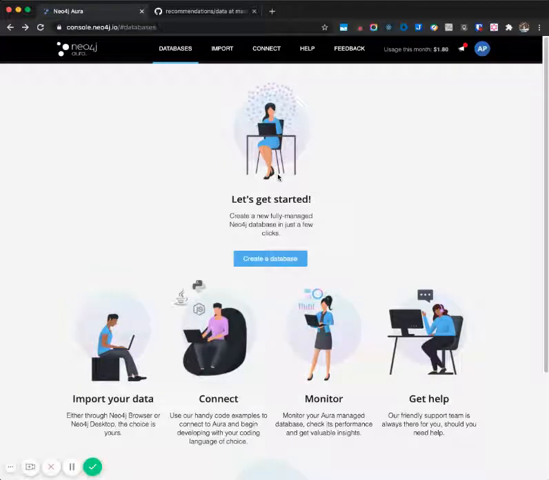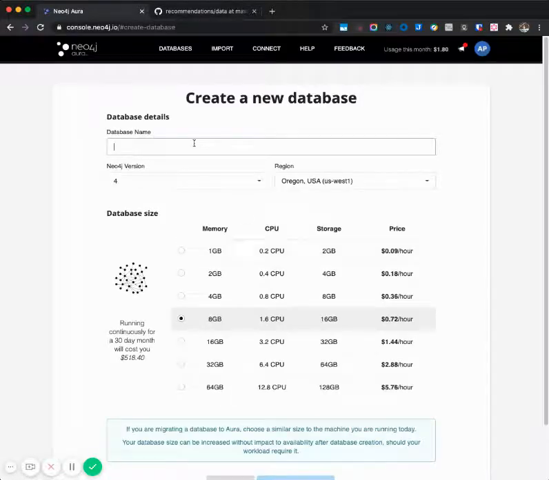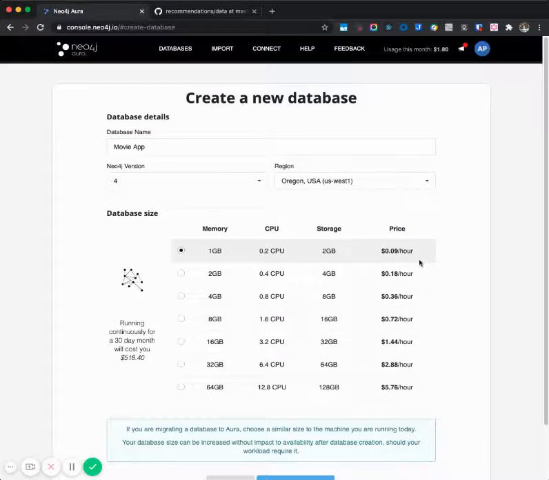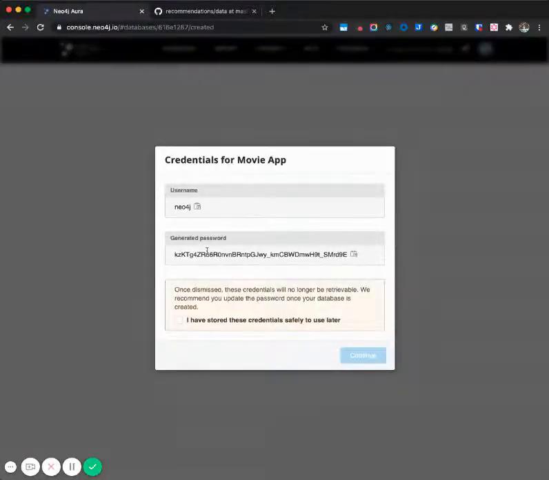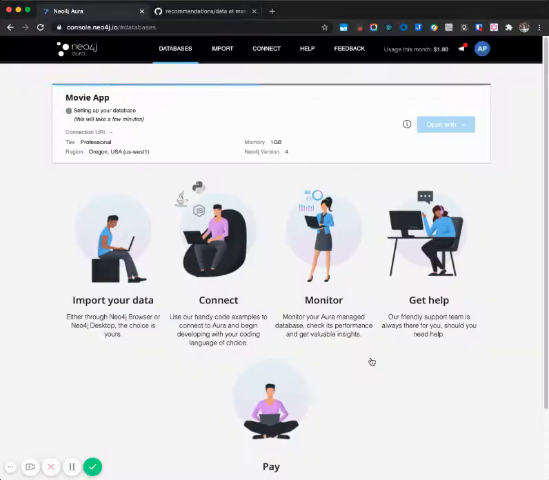So I'm going to show how to deploy a database here on Neo4j Aura. Let's first create a database. Let's call it movie app. It can be just 1 GB and create. Let's save this password. And